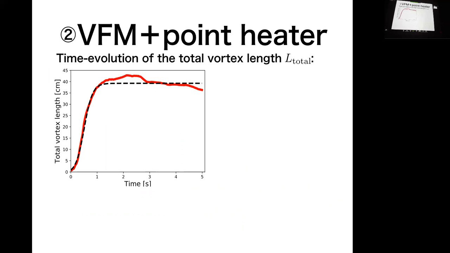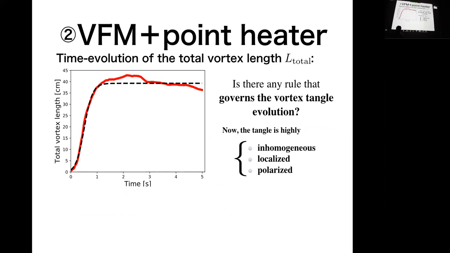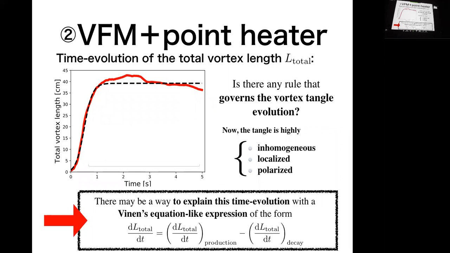For the total vortex length, what we can get looks something like this. So they go and go somewhere like this. So now the question is, is there any rule that governs the vortex tangle evolution in this kind of situation? Now the problem is the tangle is highly inhomogeneous and localized and polarized because of the heat flux. So apparently there is no equation like Vinen's equation, but it seems there may be a way to explain this